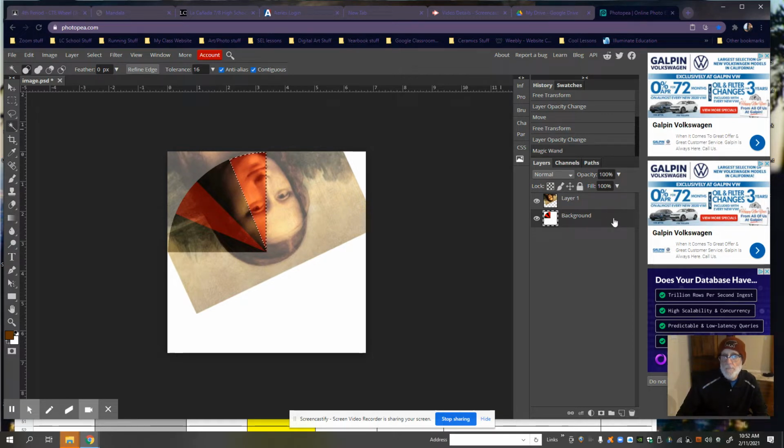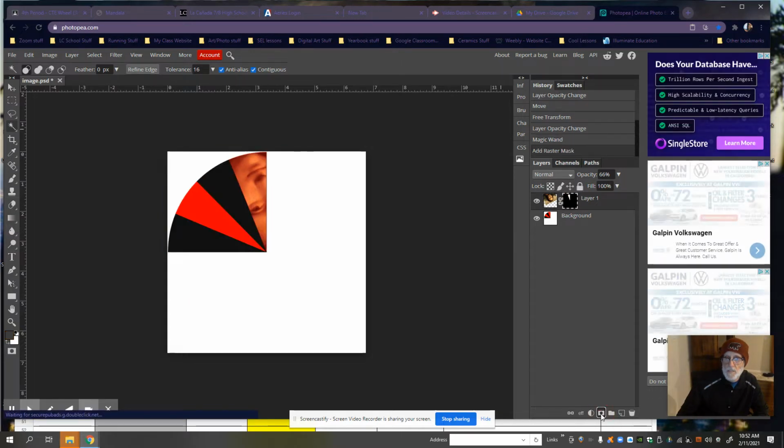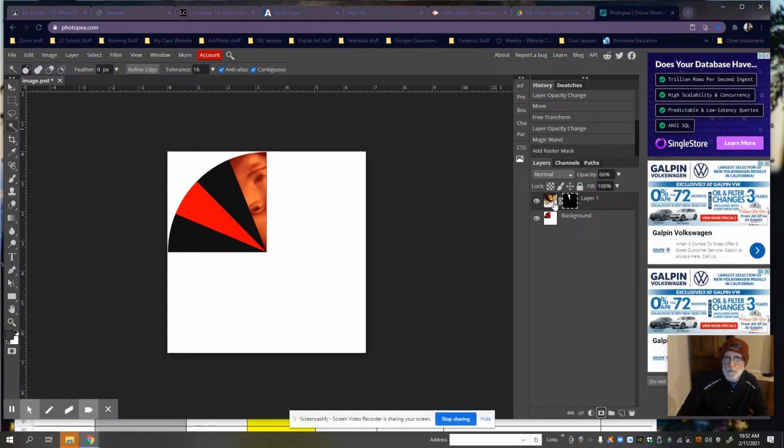Now, I'm going to go to the Mona Lisa layer right here, and then come down here to the mask. It's the fourth image to the left. 1, 2, 3, 4. It's a rectangle with a black circle in the middle. It says add raster mask. Click it. There it is. Okay, I want to bring that opacity back up. So I've got to highlight that little tiny thumbnail first, and then bring the opacity up. Now,